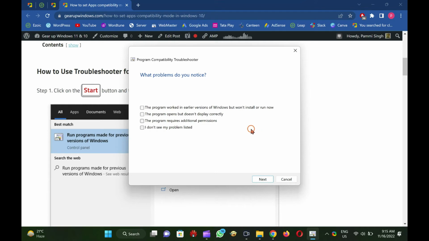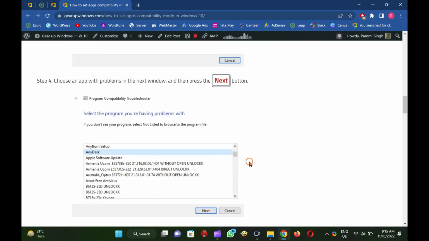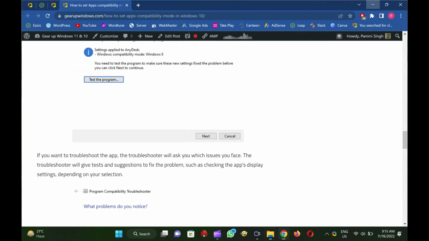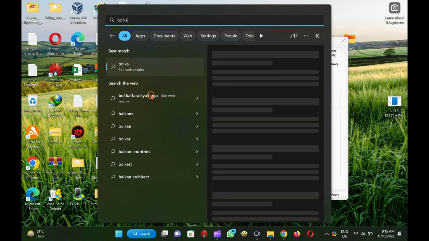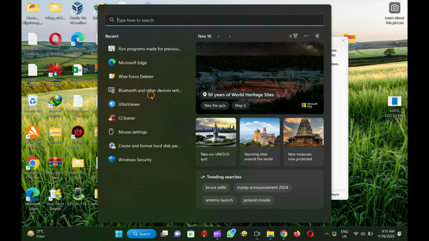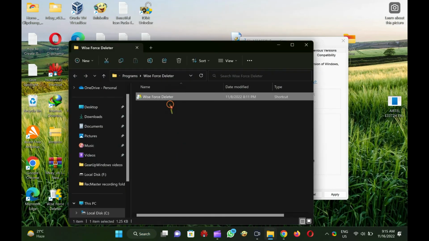How to run an app in compatibility mode. Alternatively, to adjust its compatibility mode settings, you can access the app's properties. You can force an app to use settings from an earlier version of Windows with compatibility mode, helpful if you know the app is running well in, say, Windows 7 or Windows XP. Monitor and color settings for the app can also be changed using compatibility mode.